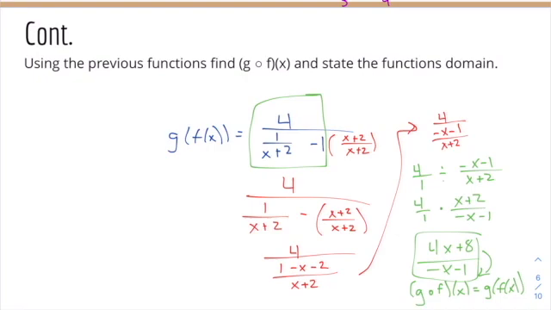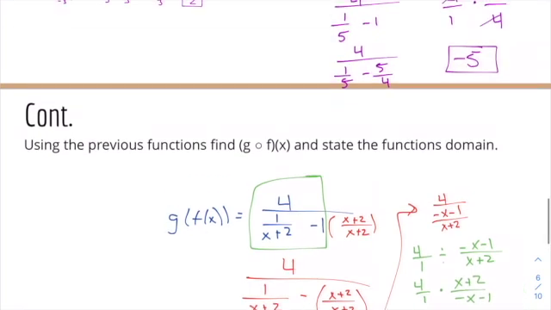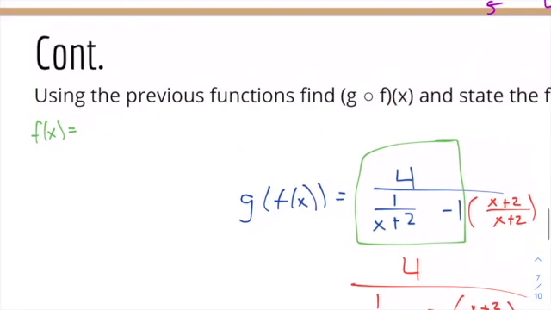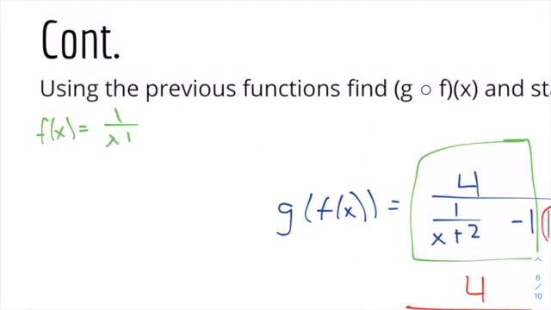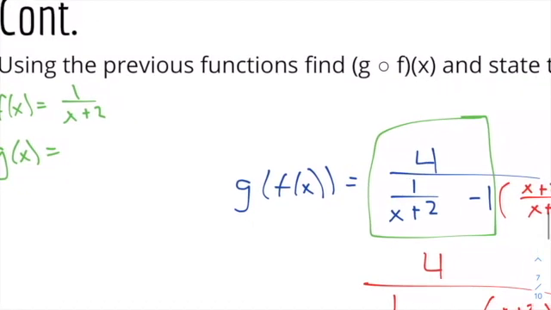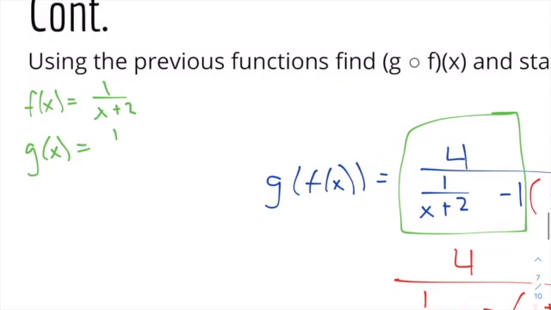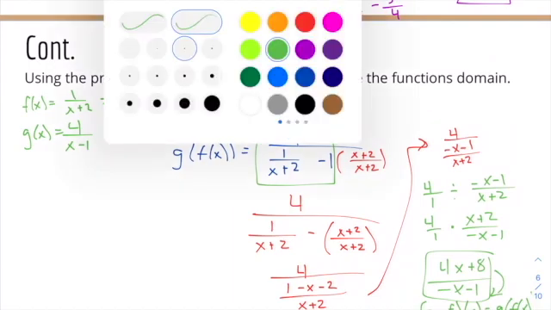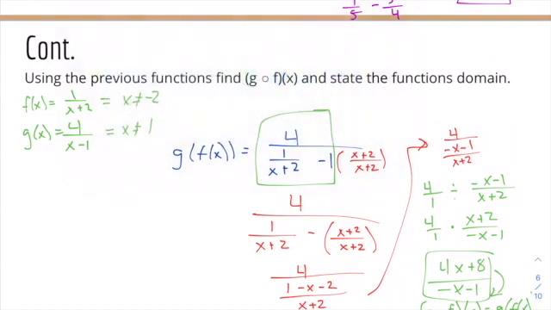All right, now figuring out the domain of this function is a little bit more complicated. As a reminder, f of x was equal to 1 over x plus 2. G of x is equal to 4 over x minus 1. Here your domain is x can't be equal to negative 2. Here your domain is x can't be equal to positive 1. So when I make the domain of this overall composition function, so when I'm talking about this domain here,